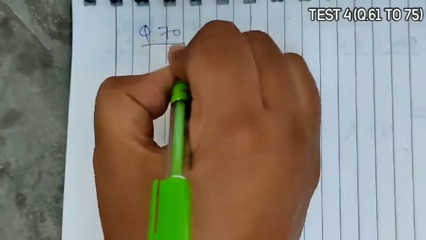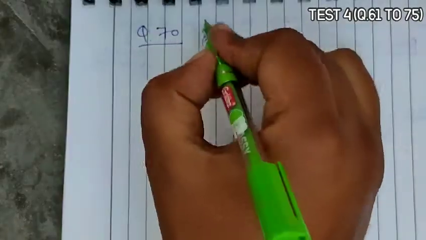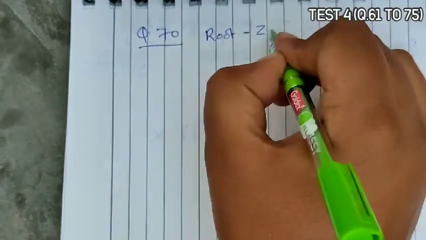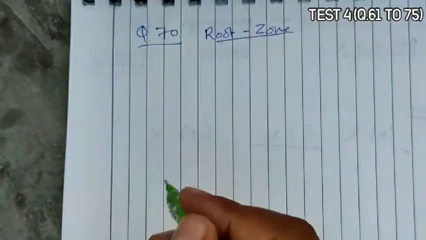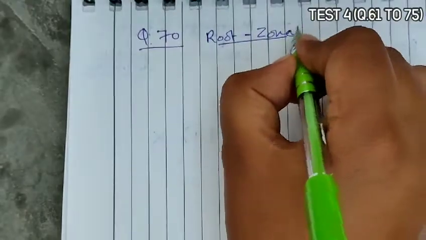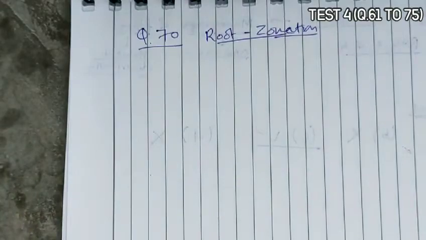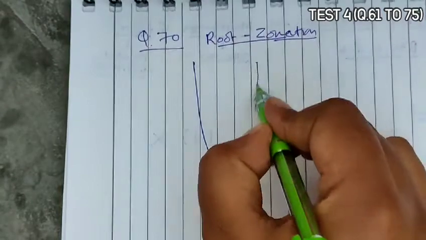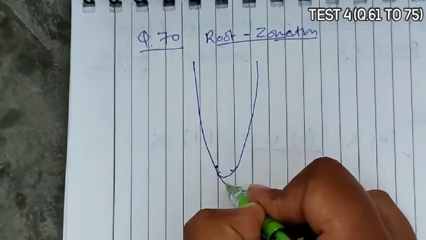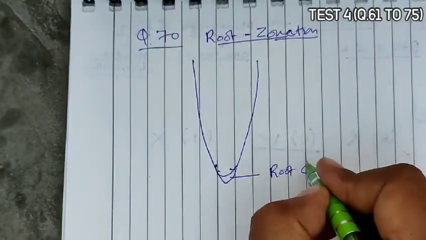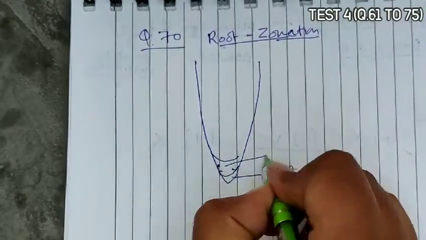Question 70. Question 70 asks to rearrange the following zones as seen in the root. So there is a particular diagram of root zonation, and we have to see it in a vertical section and choose the correct option. Now you know that when we see the root structure, at the end you will find a root cap, then you will find a region of meristem,